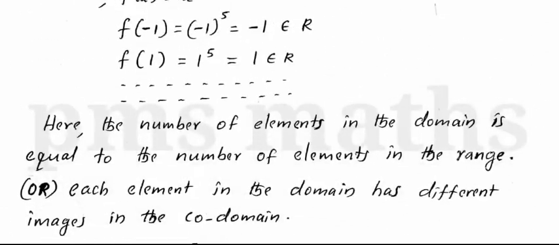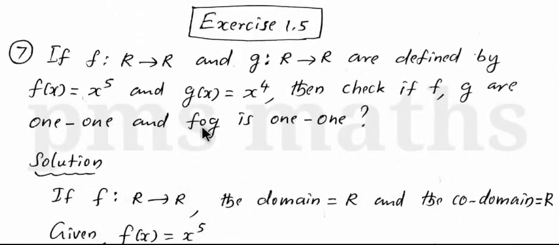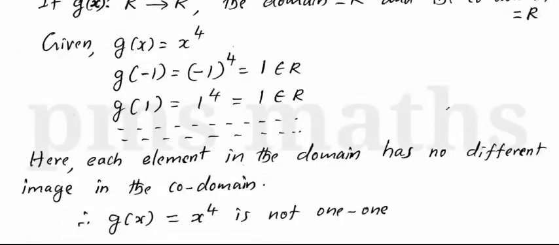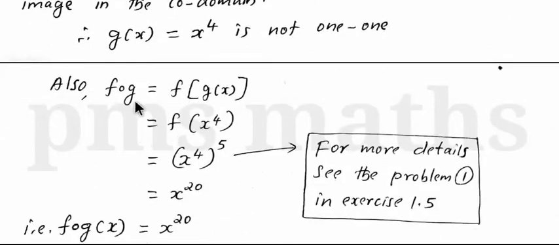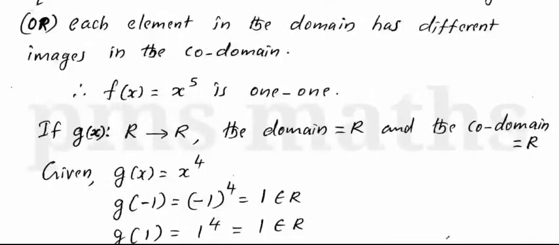Then, what is the third one? This is the third one. Here, first f, then g. The third one is f of g. F of g should be found out. F of g is nothing but f, and of means we can put a bracket. Then g. G means g of x. Then substitute the value of g of x. What is g of x? G of x is nothing but